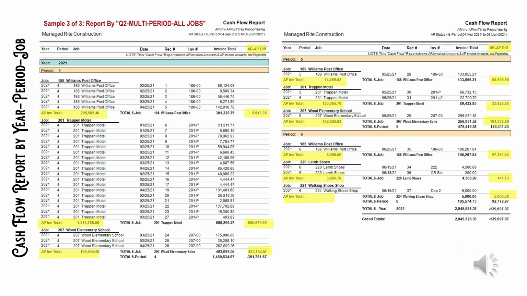Now we're showing sample 3 of 3. This shows the real versatility of this report. It is going to show, in this case, quarter 2, multi-period all jobs. And so in your selection criteria, you would just enter in the range of periods. And the report will show, as it shows here, the year, and then each period in that quarter, in this case 4, 5, and 6, and each job with the AP invoice dollar total and the difference between the AR invoices